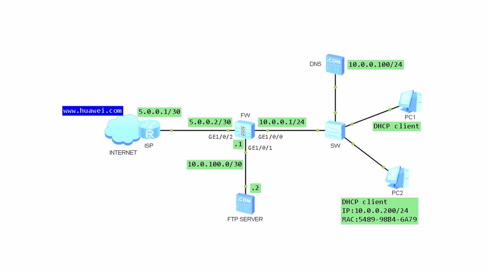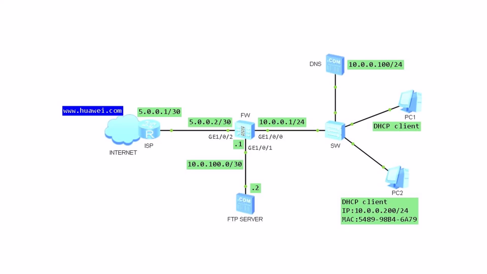The only protocol used to access the server is gonna be FTP protocol. All other protocols are going to be denied. We'll also permit the server to access the internet, so we'll use the source NAT to do that. I'm going to use the same topology which we already used when we were discussing the source NAT with NAT address pool. The FTP server has been added to the firewall,